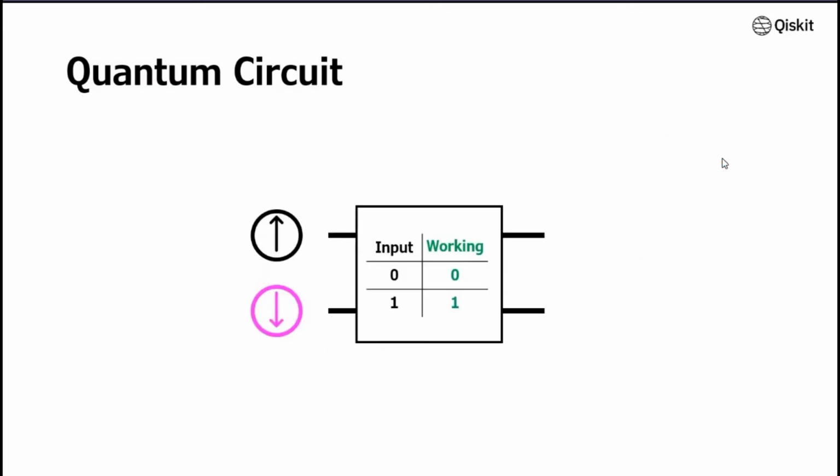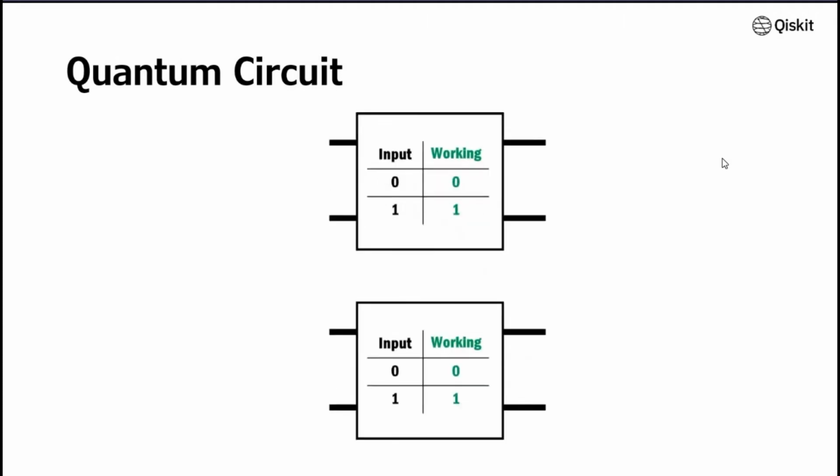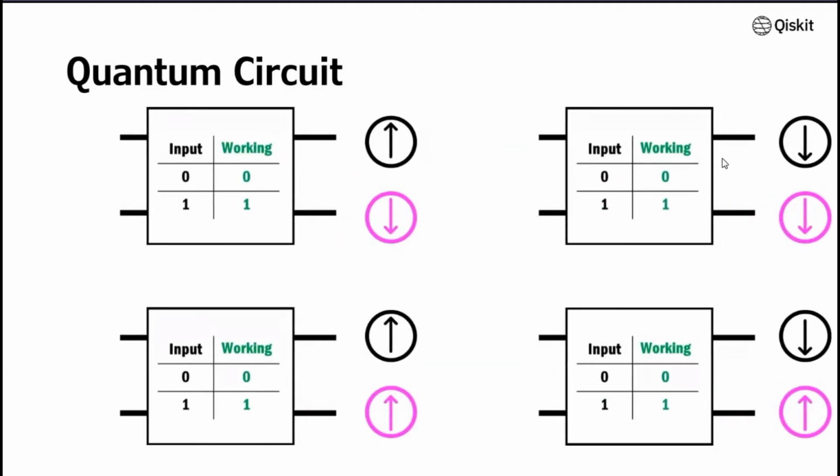What if we send both as superposition states? We prepare like this and send it into the circuit, and it will create something crazy. So let's say we put it into this circuit. It will split the universe into 4, because when it is up, it will not flip, but also we can have a 0 or 1 because they're superposition. And my input state can be 1, then it will all flip, but also they have 2 possibilities. So then we have 4 different universes.